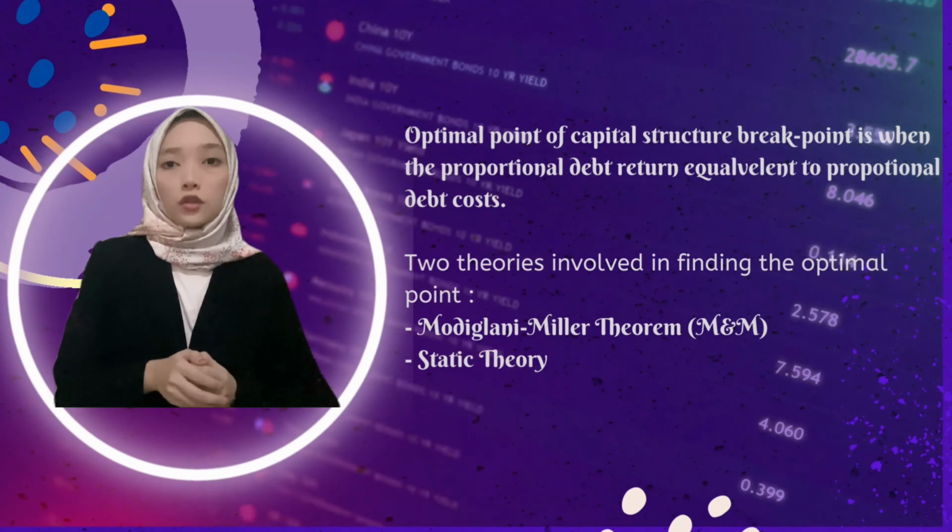And now I am NABILA binti MUHAMMAD RUSHDI, and I will talk about the pecking order theory. The pecking order theory, commonly known as the pecking order model, is concerned with the capital structure of a corporation. The theory, developed by Stewart Myers and Nicholas Majluf in 1984, asserts that managers assess financial sources in a hierarchy. According to the pecking order theory, managers choose the following forms of funding for investment opportunities: first, retained earnings as internal financing, then debt, and last, equity financing as the last choice.